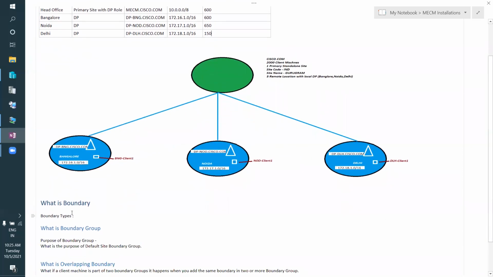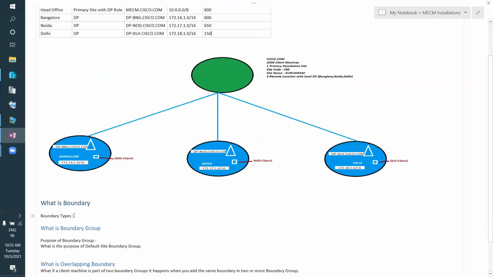So let's try to understand what is boundary. Boundary is a network location which contains the devices that you want to manage through SCCM. If you have installed SCCM and configured nothing else, the first thing you have to configure is boundary, because through boundary your SCCM understands which devices it needs to manage.